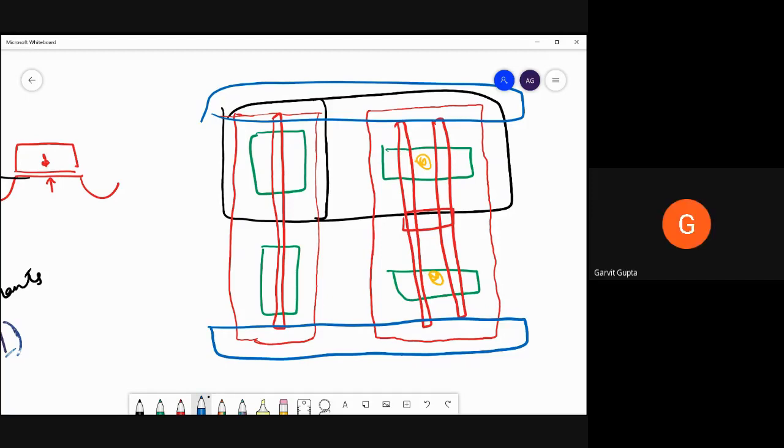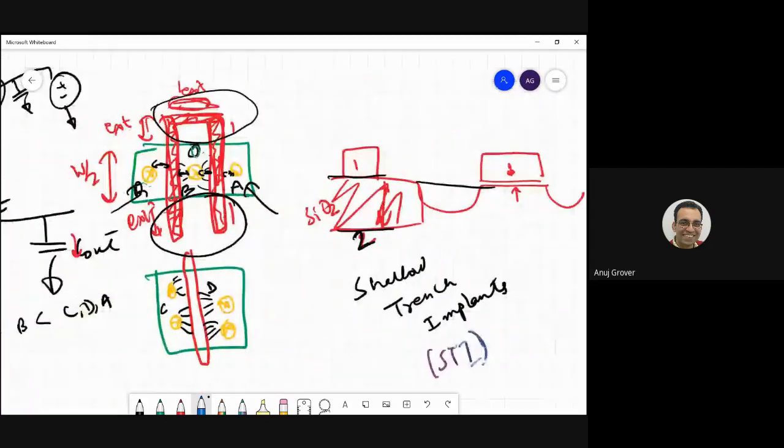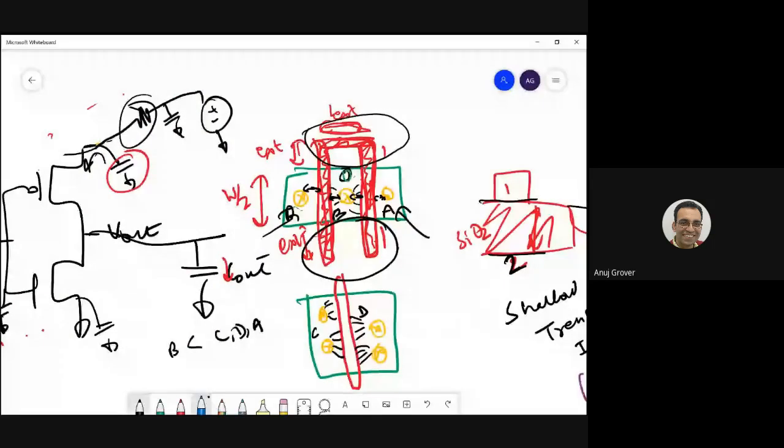When we were doing fingering, we reduced the width, so it also reduced our drain current. Does this have any significant impact on performance? Where did you reduce the width, Garvit? You said W by 2 here and W by 2 here. These two transistors are parallel with each other, and their source, drain, and gate are all connected. So the effective width is actually W again. Where has the width reduced?